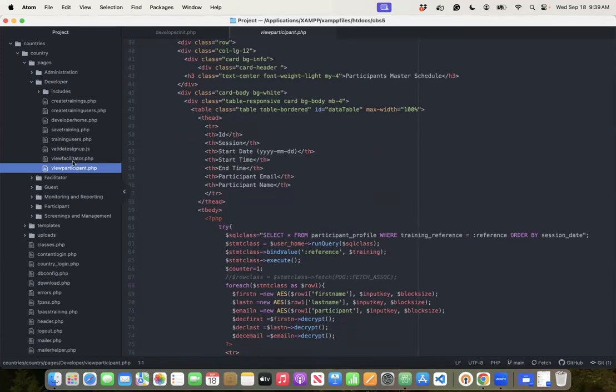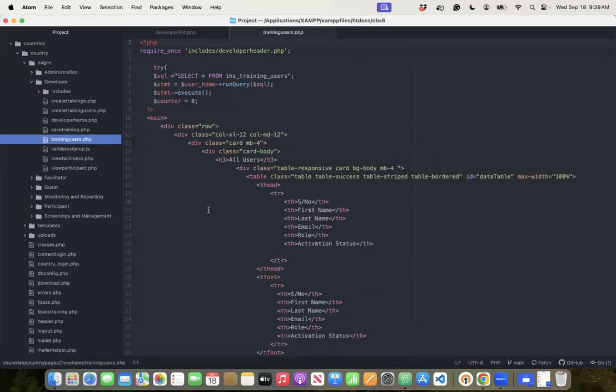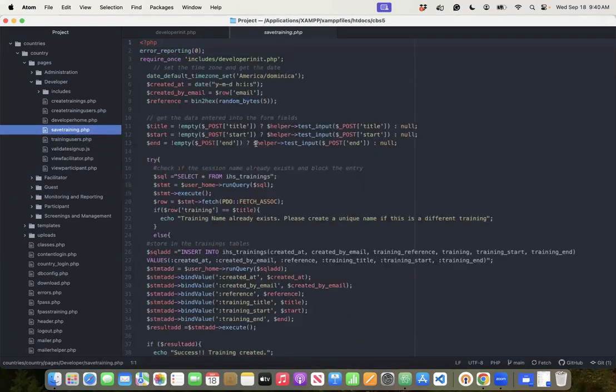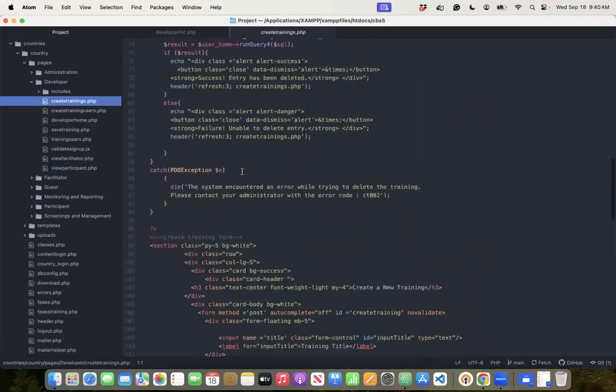The same thing with the facilitator. To view the facilitator of a training workshop, you just use that view facilitator link, and the view facilitator file controls that page. We have training users, which is a file that extracts or gets the list of all of the users of the system. Then we have save training, and save training would just be a file that processes a create training page. So we have create trainings that create a training workshop, and when we look at this file, we look at